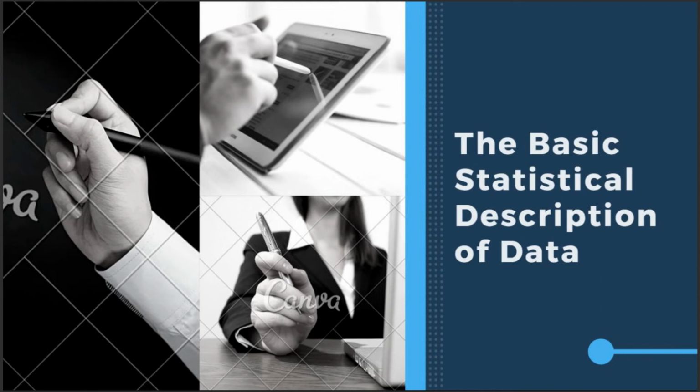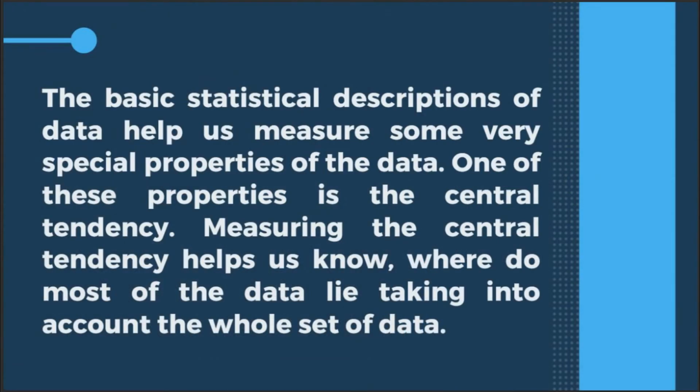So our next topic is the basic statistical description of data. The basic statistical descriptions of data help us measure some very special properties of the data. One of these properties is the central tendency. Measuring the central tendency help us know where do most of the data lie, taking into account the whole set